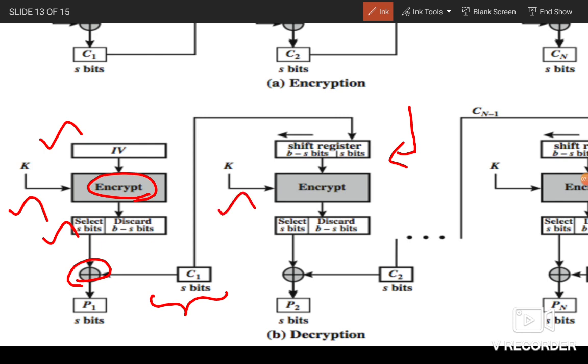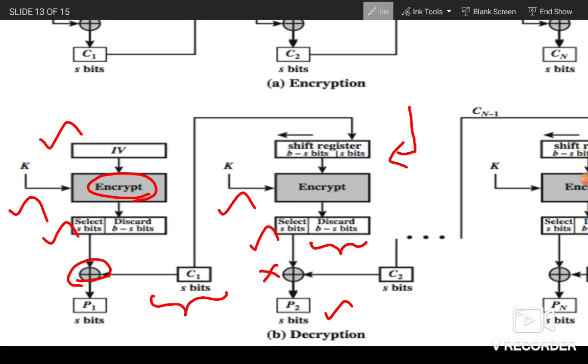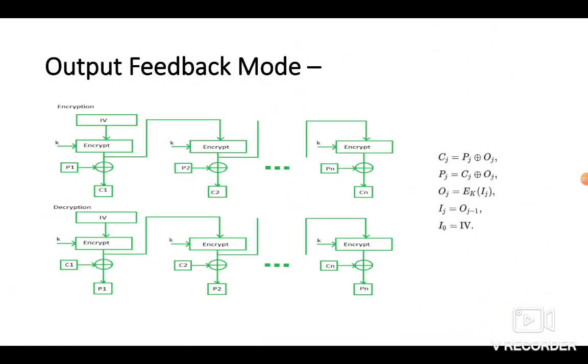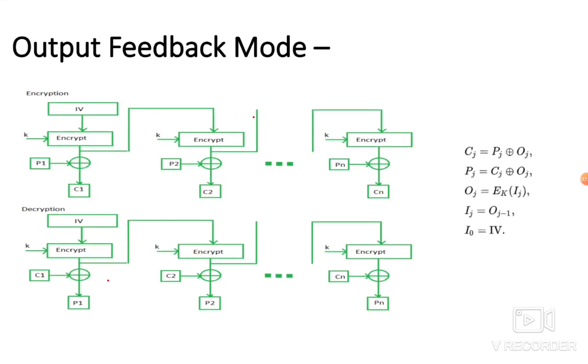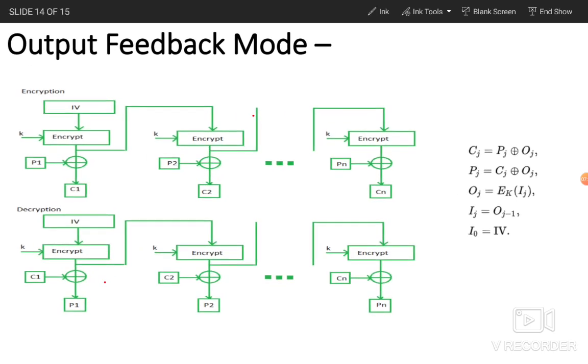Again it is encrypted using the key. S bits are selected, B minus S bits are discarded, and the selected S bits are XORed with the next ciphertext segment, and we have recovered the plain text segment P2. This is repeated for every segment. The next one is output feedback mode. So this is somewhat similar to the previous method. The output of the encryption function